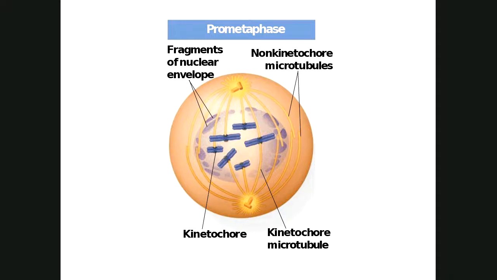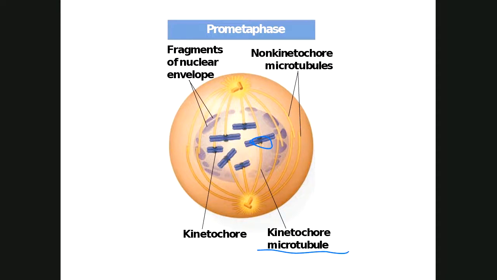And again, this is obviously an animal cell. You see the centrosomes and the pairs of centrioles. But now I want to talk about those microtubules. There's two types of them, you'll notice. Some of those microtubules are kinetochore microtubules, and if you notice, they're attached to the kinetochore. All right, this is the one we saw in the picture a few slides ago.